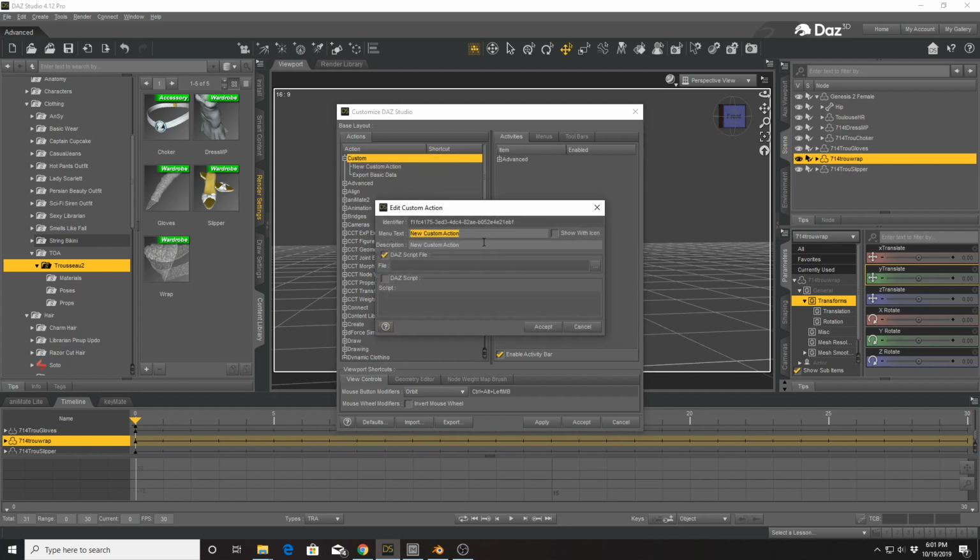So create new custom action. What you would want to call it, you can call it anything you want. The instructions say call it export basic data. I already have one, so for this tutorial only, I'm going to call it something different. Export JSON data. And then, if you want to, you can create a description.